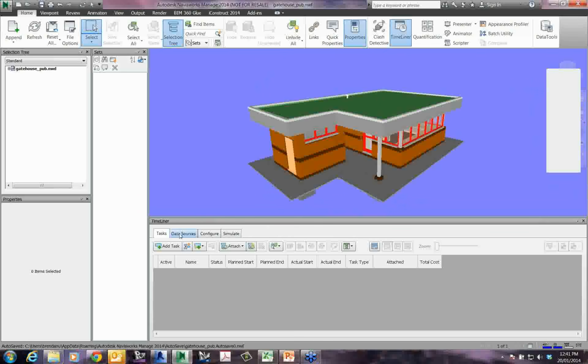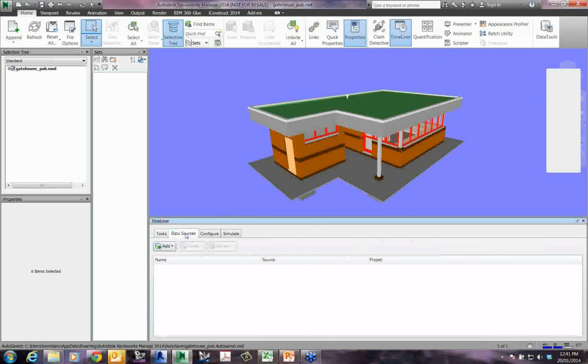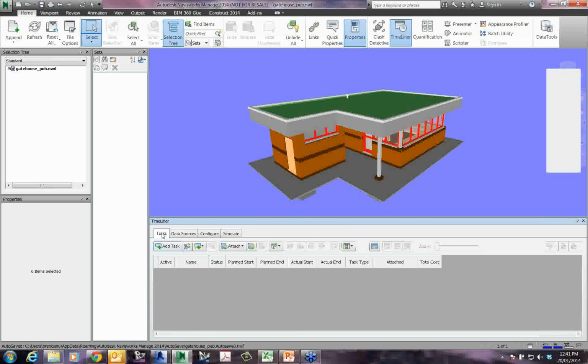Okay, so let's go to the next tab. There are different ways that you can add those tasks, but we're going to come back and look at that in a second. Let's just keep moving through these tabs. The next tab is the Data Source tab. In the Tasks tab, you can add tasks